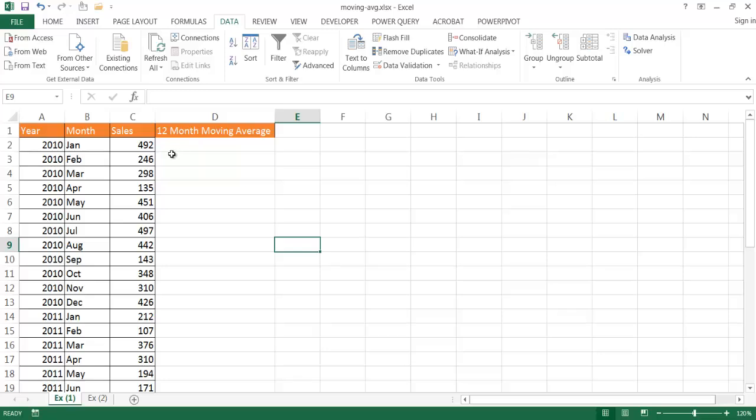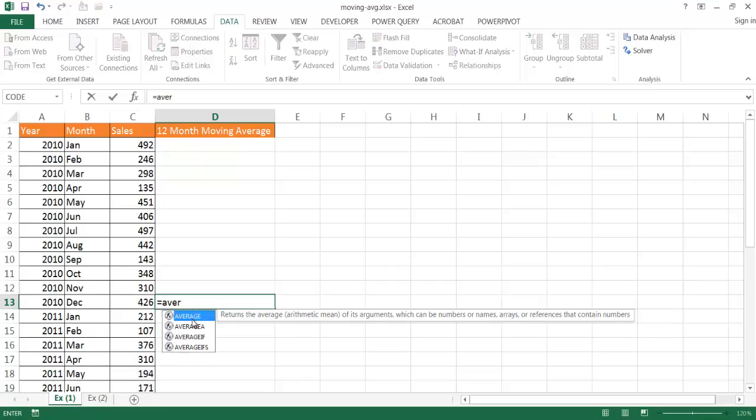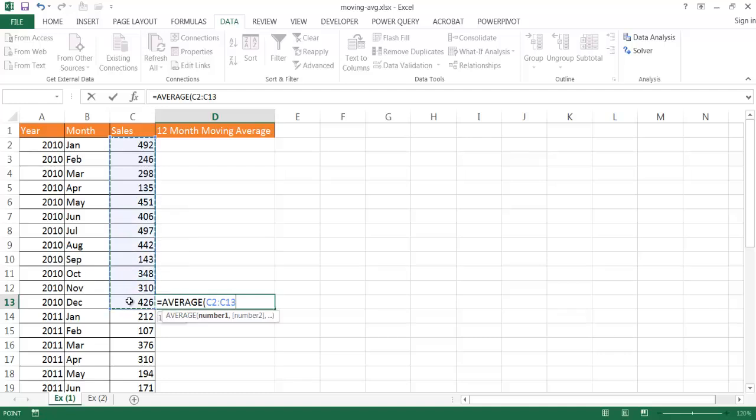So if we're doing a 12-month average, we're really not going to start to have values in here until we get to the 12th month. So that basically be December. So that's when we have our full 12 months. And so when we get down to December here, what we're going to do is just use the average function. Type average, and what we're going to do is choose January to December. So we have our full 12 months, close that, press Control Enter, and we have our average here for that 12 months, so